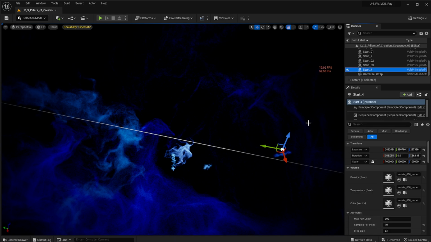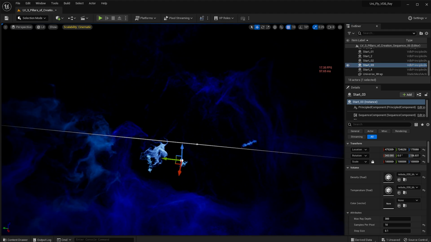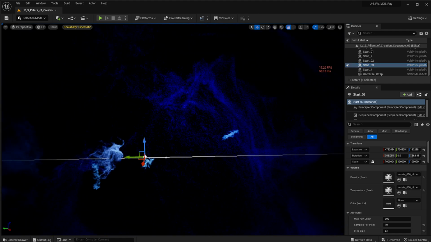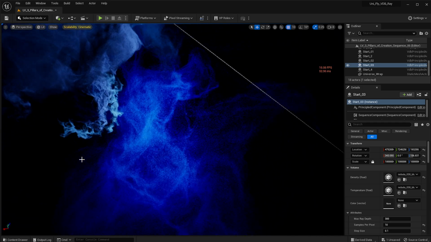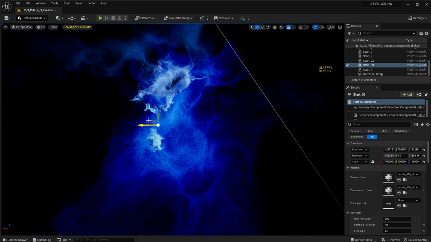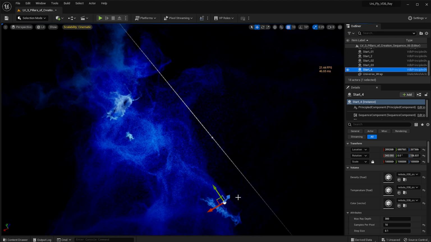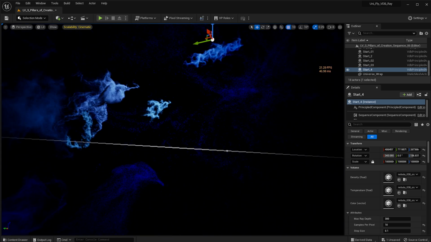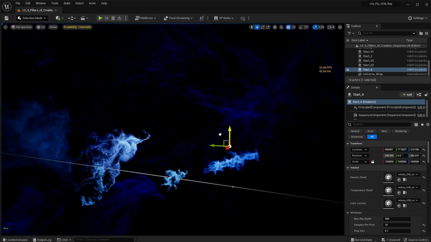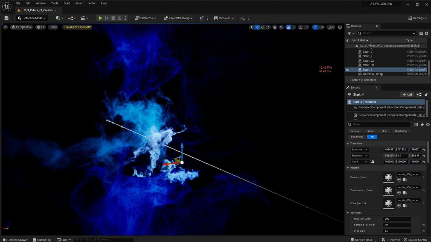So I'm going to select number 3, bring it a bit, well, maybe somewhere around there. It's probably going to have to get closer to this. So for me, really, at this point, it's like trying to get very close to both of these nebulas and be able to enter through them. So that's going to be a bit tricky to land, but obviously with just a lot of precision, timing, setting